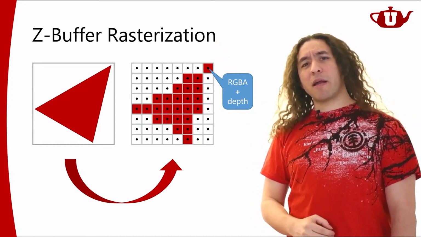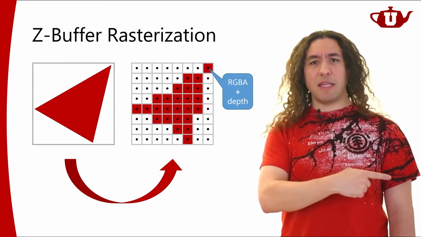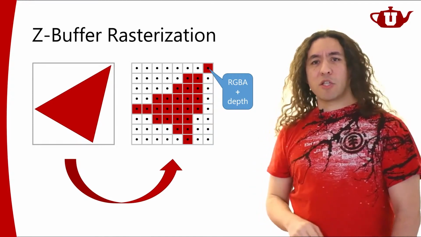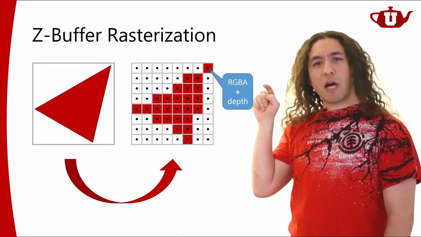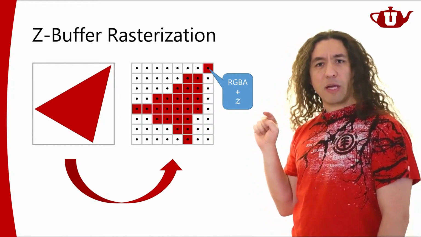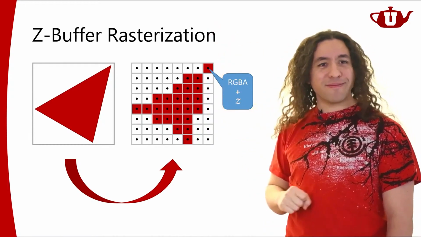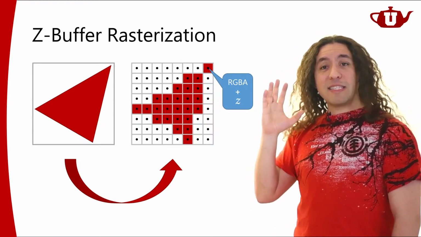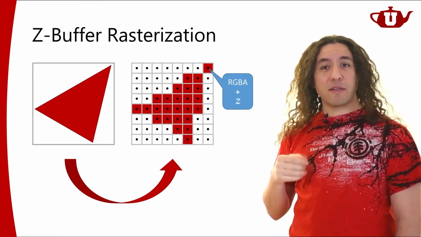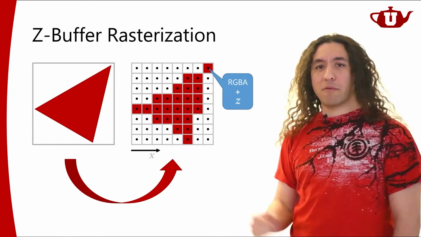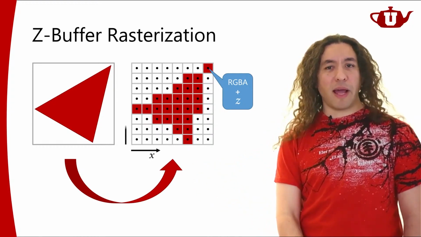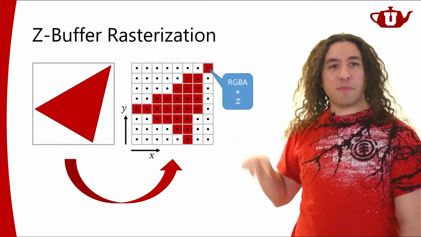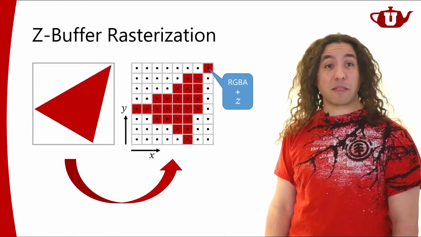So remember our canonical view volume? This is going to be the X direction. This is going to be the Y direction. This is the Z direction, right? So we don't call it RGBA depth. We sometimes call it, instead of depth, Z. Now that's why it's Z-buffer, right? So basically, this is going to store the Z value, the Z coordinate for every pixel. I mean, we already know the pixel's X coordinate and its Y coordinate. We're going to store the Z coordinate of each pixel here together with the color for the pixel.